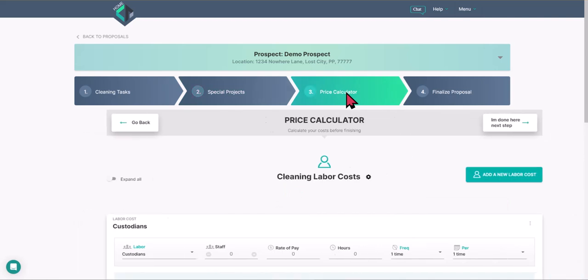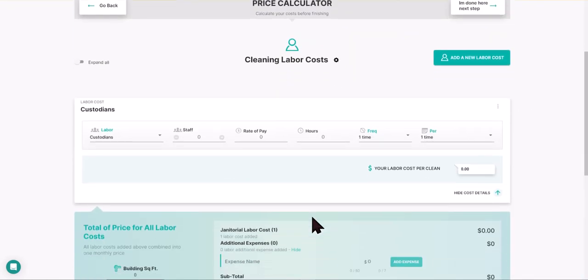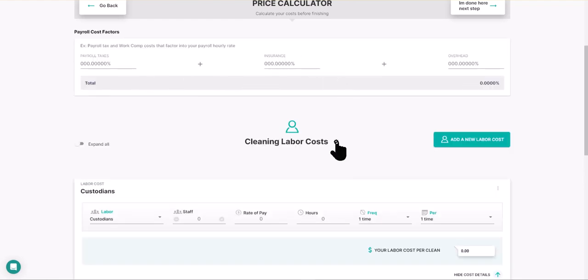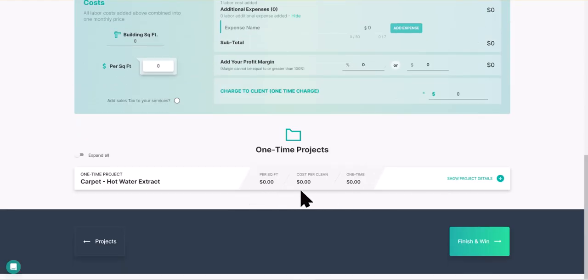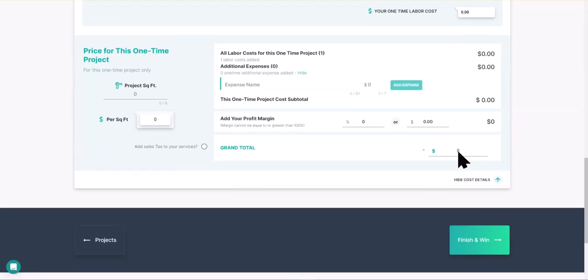But if you notice that the calculator here only has one option, it's just now where you can fill in how many people are working for you, how much you're paying for them. You can click here and add your payroll taxes, insurance, and overhead. And then down here, you would fill in your pricing, and then you can do your project pricing for your carpet. So I'll just put down, say $358 for cleaning. And let's say you're going to charge, I don't know, $275 for carpet cleaning. You can just come down here, say $275, enter that information,